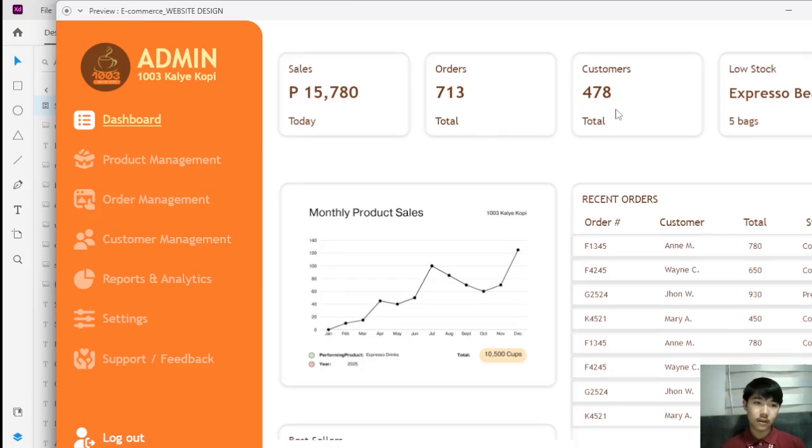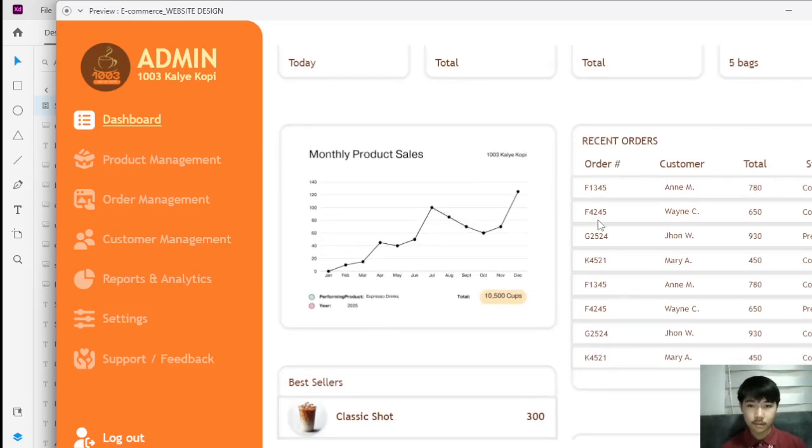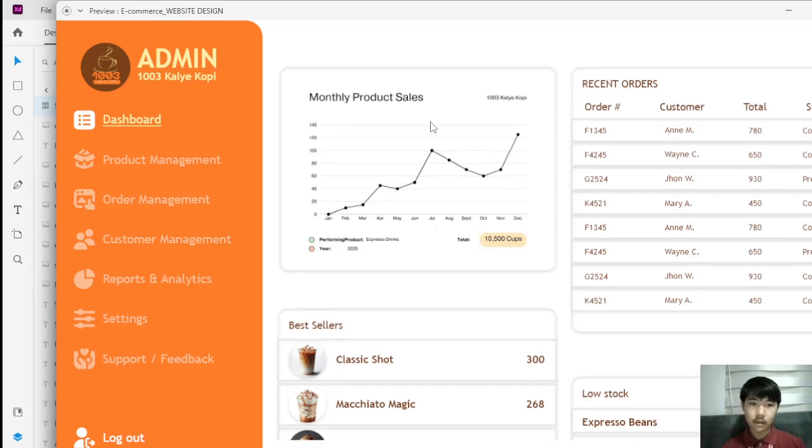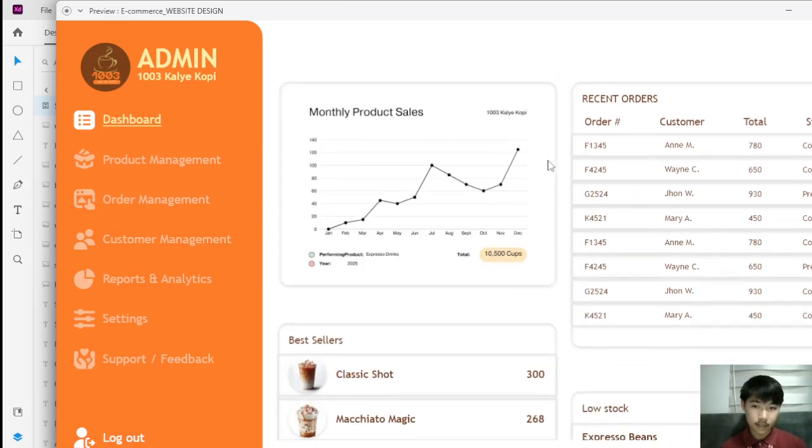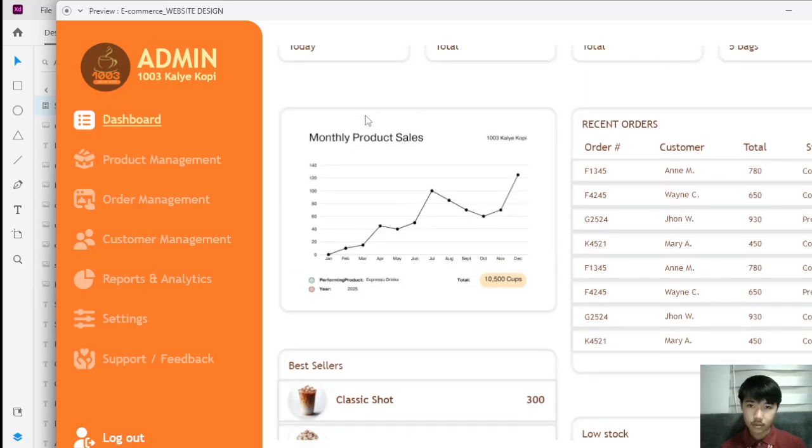the orders, the customers, and then the low stock. So for my dashboard, it's just a mixed representation for daily, weekly, and then monthly. Here you can see the sales, orders, and the customers for my daily, and then it shows also the monthly product sales